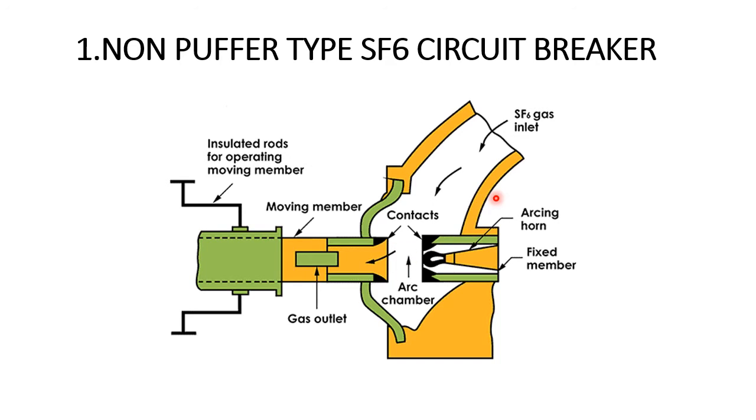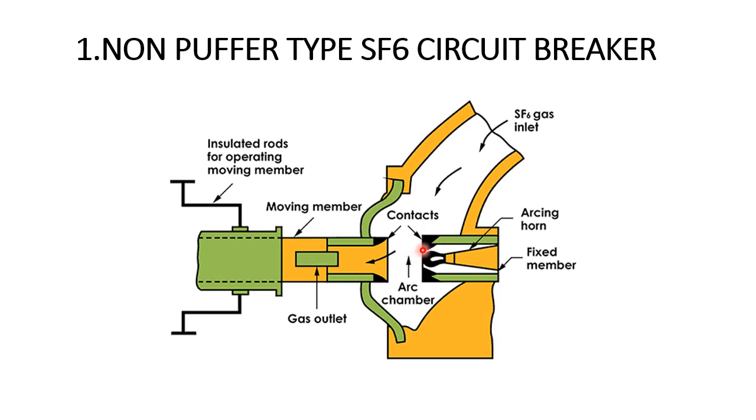So the valve which is connected with the SF6 gas tank will open and pressurized gas will come into the arc chamber. The moving contact is synchronized with the valve, so as the moving contact moves, the synchronized valve also opens up. Therefore, a huge amount of pressurized gas will come into the arcing chamber. Now the pressure in the chamber is around 14 kg per centimeter square.